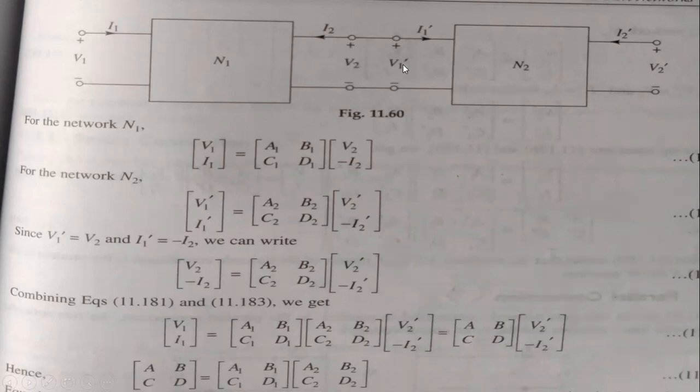That change is nothing but the dashed form. Even though the direction of the current is changed and the amount of the current is also changed, see here the dash. Whatever you have here as V1 will be V1 dash, and whatever you have as I1 will be I1 dash. Similarly, if V2 is connected to the other network N3, that will be V1 double dash, I1 double dash, I2 double dash, V2 double dash, likewise. The network will change.